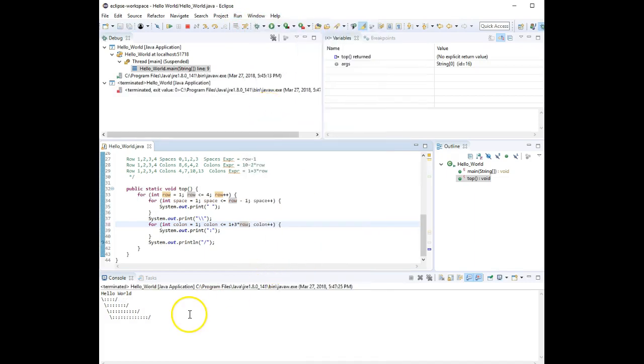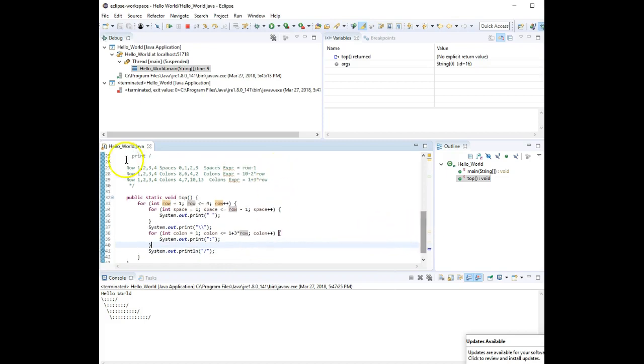Okay, and so it did, but we didn't do the other things to fix it. So it did print 4, 7, 10, and 13, but there's a whole bunch of different things that we would need to change in order to make this look like an inverted period. We would have to have more spaces. We'd have to change this expression here for the number of spaces that it started with, etc. So we didn't do that. And we'd also have to change the character it was printing here, and here, but we could have done that. But anyways, let me get back to what I was trying to show you, which is